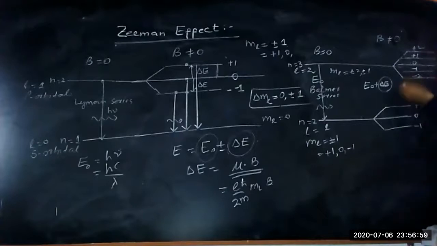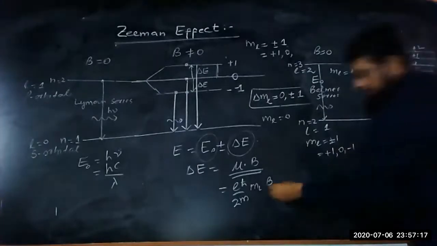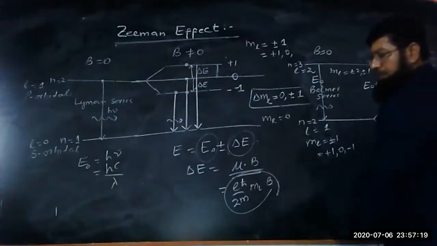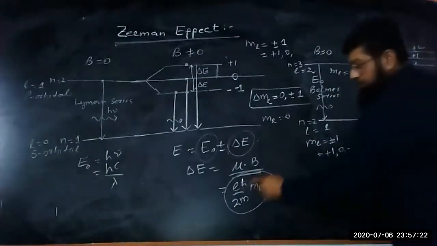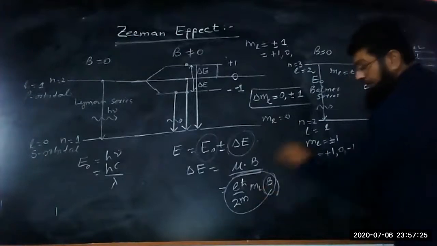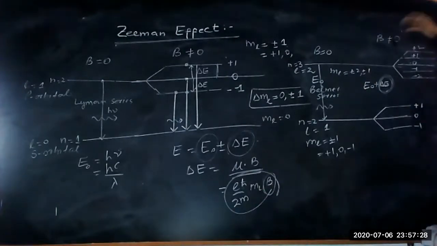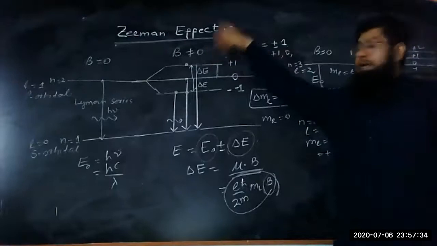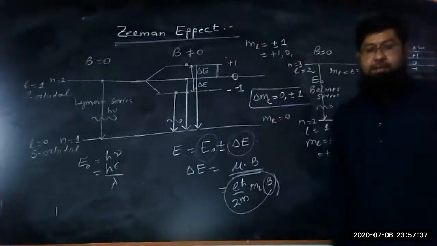Now you have to look at the transition, how the electron transits from higher level to the lower level. The electron can de-excite from higher level to the lower level, and its energy is changed by the amount delta E. This amount delta E is measurable through this relation. If ML is given, e h cut over 2m is a known factor. If the magnetic field is given, you can easily find out the splitting in the energy levels in the presence of the magnetic field, and you call it the Zeeman effect. So this is what we have discussed. Okay, what is the Zeeman effect?